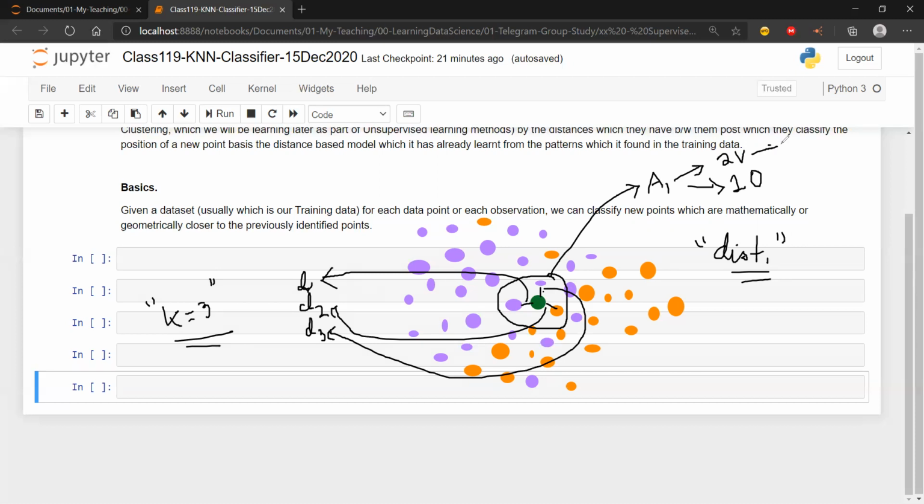So there is a very high probability, because 66.67% of the data in this area, if I have 3 values and 2 of them belong to violet, it means 67% of my data points in that area belong to violet, and 33% belong to orange. Because more points belong to violet, I'm going to consider this green point as part of the violet class, and I'm going to classify it accordingly.